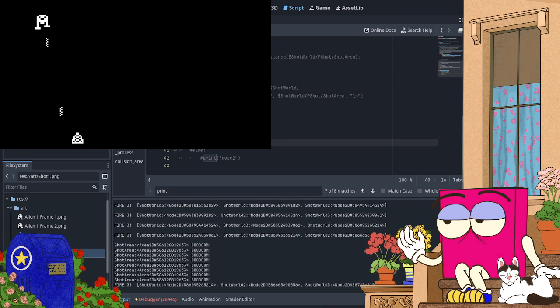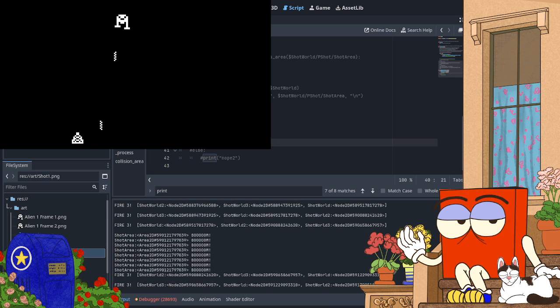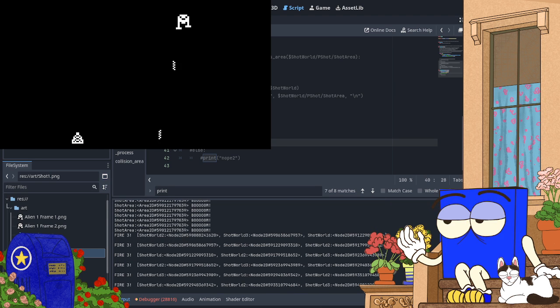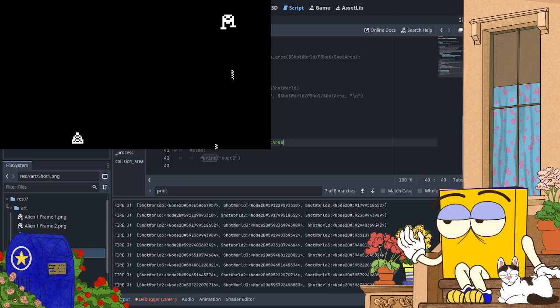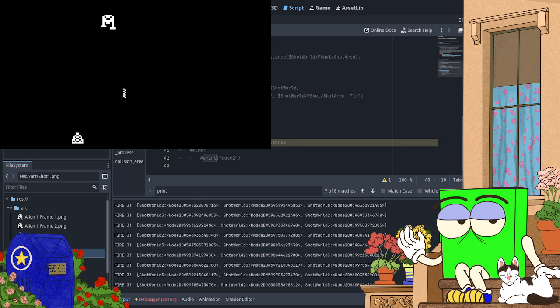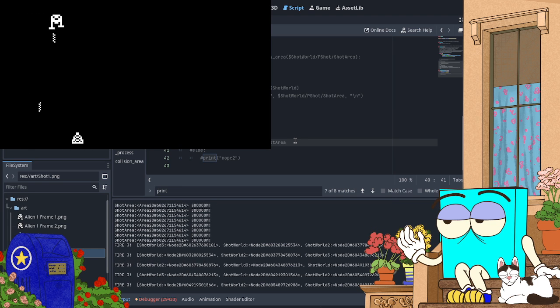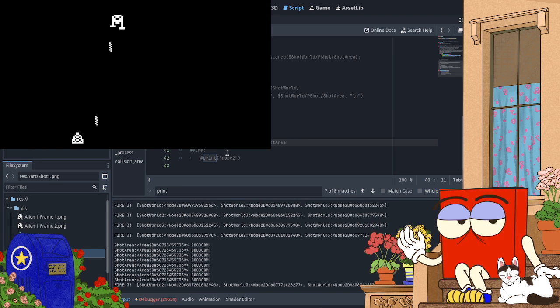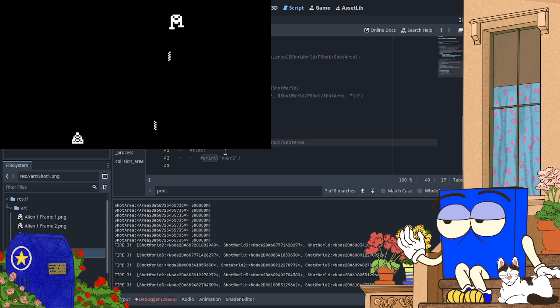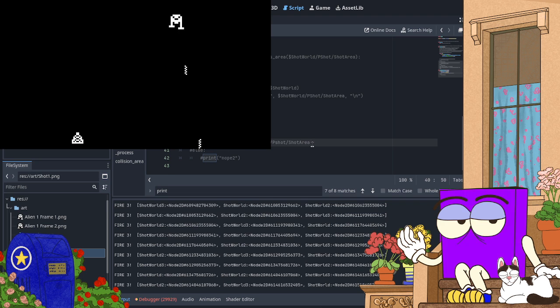That's the one. Area 2 equals that in this function.